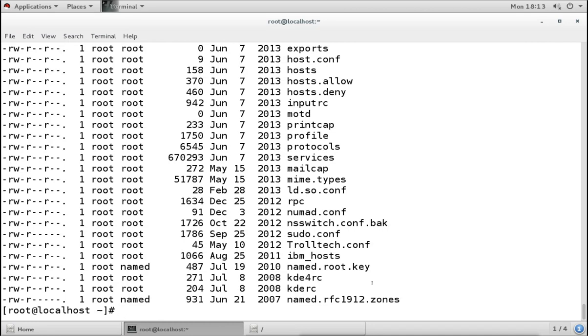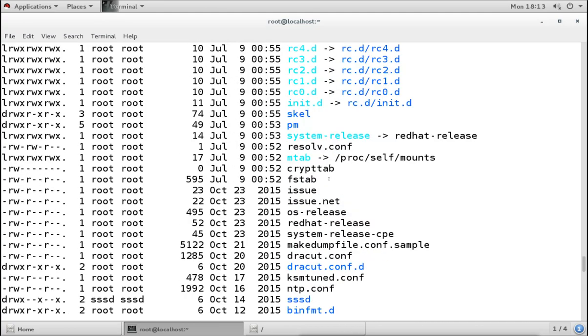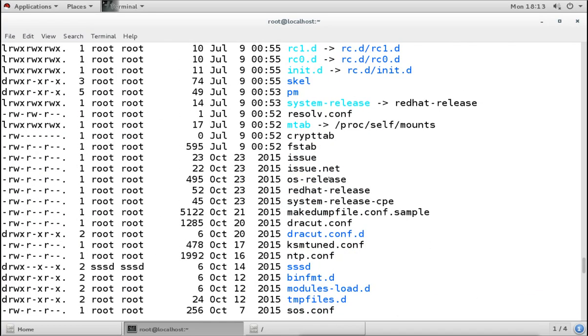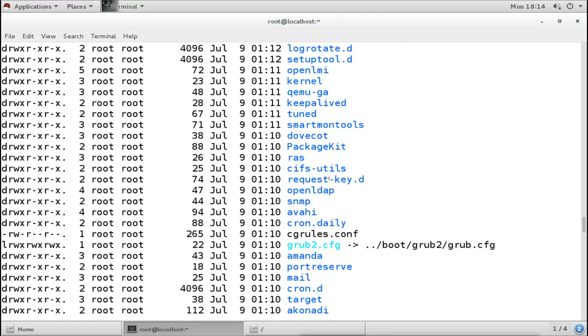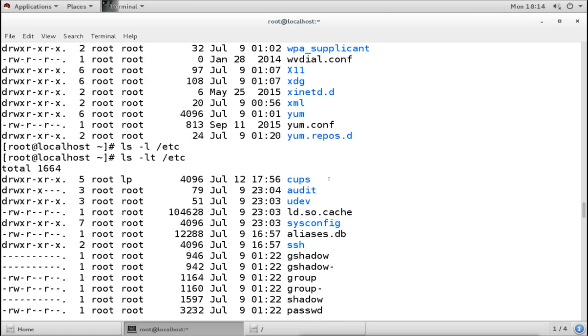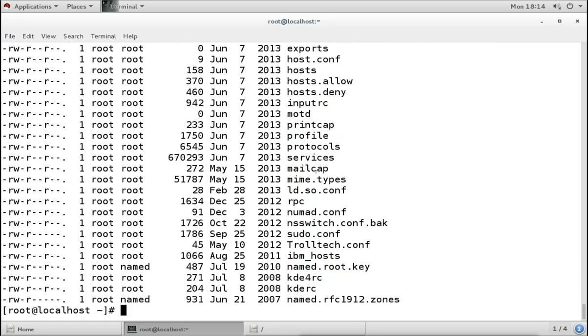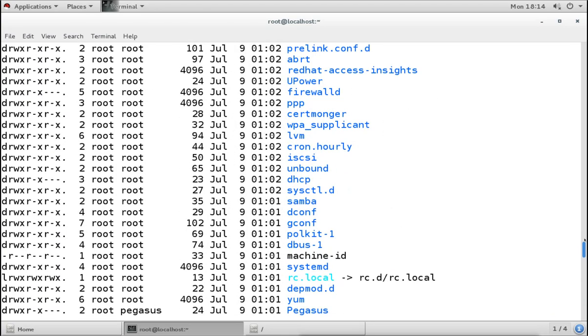But what is t showing? It is showing the old files at the bottom, and the new files are on top. Now the new files are on top. I have to go to the top, and these are the new files. Remember, this is a sudo terminal, so I can scroll here. I can do the scrolling.